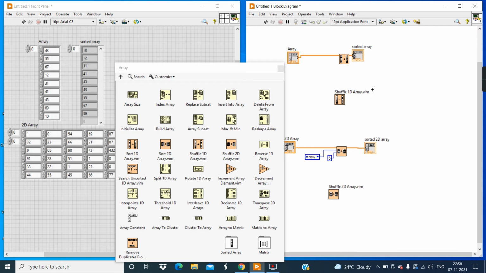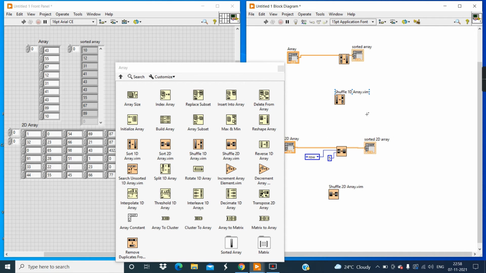The function of shuffle one-dimensional array is that it rearranges the elements of a one-dimensional array in a pseudo random order. Pseudo random means numbers that are selected by a definite computational process. Similarly, the function of shuffle two-dimensional array is that it rearranges all the elements of a two-dimensional array in a pseudo random order.